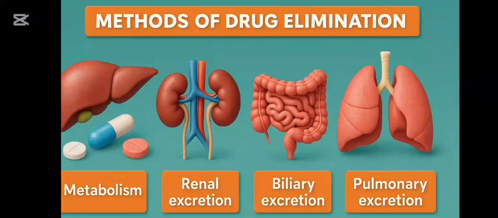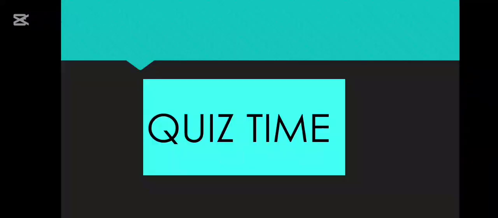Then we looked at the method of drug elimination. These are various methods of drug elimination. After a drug has been metabolized, it can be eliminated through renal excretion, through urine, biliary excretion, as well as pulmonary excretion. Okay, so basically from here, we're supposed to start answering quiz sessions because the test is